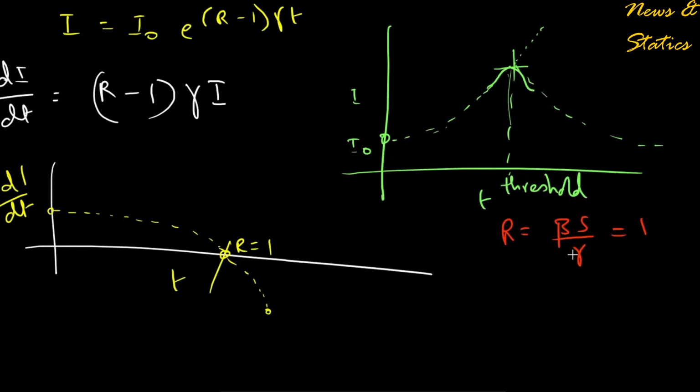Okay, I think I was confusing a little bit. So R equals beta S upon gamma. But at this threshold value, R threshold is equal to 1, which means that beta times S threshold upon gamma is equal to 1, which means that S threshold is equal to gamma upon beta. But we have already seen previously that beta upon gamma is R naught. So this value is 1 upon R naught, which for COVID is 1 upon 2.4, which comes out to be